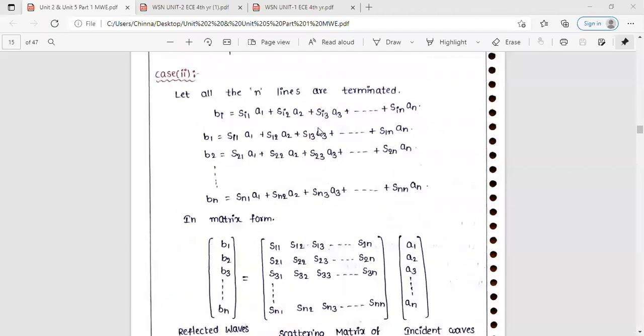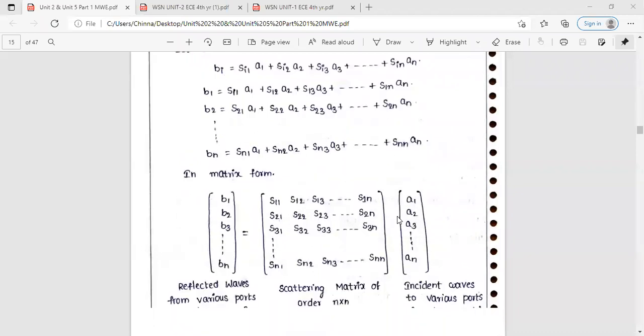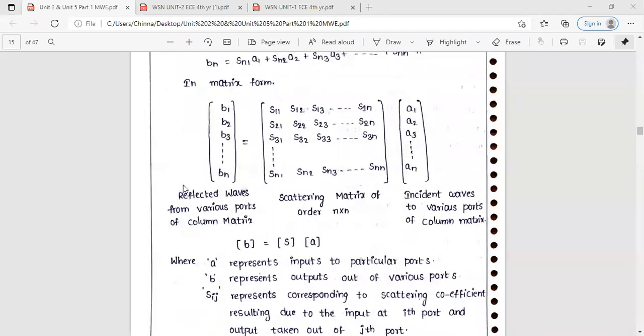So whatever the a components, that will be common, so we take the common a1 a2 a3. Okay, a1 a2 a3. So if you multiply, b1 is equal to s11 a1 plus s12 a2 plus s13 a3. So you already know the multiplication for the matrix. So first like this. Okay, so here you can represent it like this.